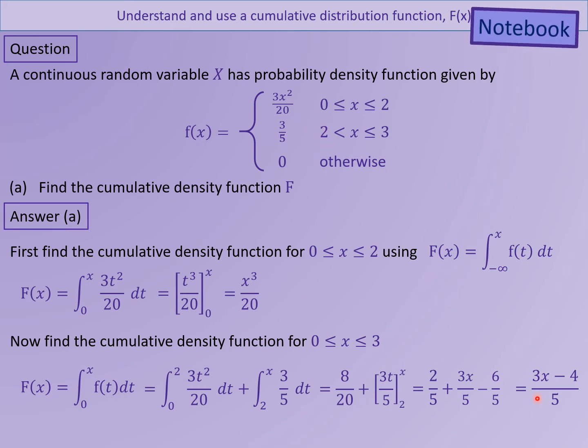So if I put number 2 in there, I'm going to get 3 times 2 is 6. 6 minus 4 is going to be 2. 2 over 5. Now 2 over 5 is exactly the same as 8 over 20. If you times top and bottom by 4, you would get 8 over 20. So these two definitely link up. So when that one finishes at 8/20, this one starts at 8/20, and then at the very end, when you